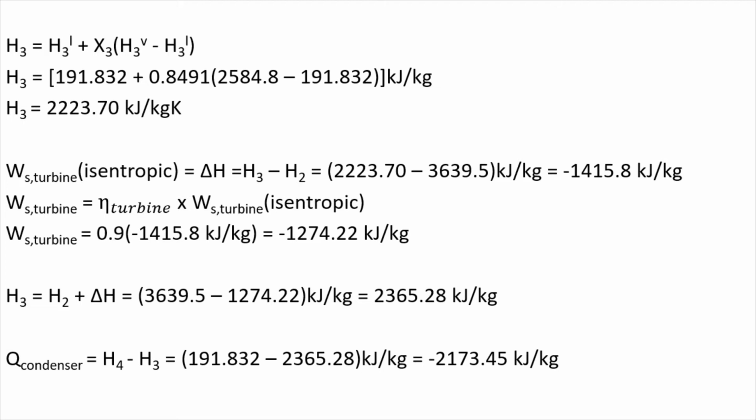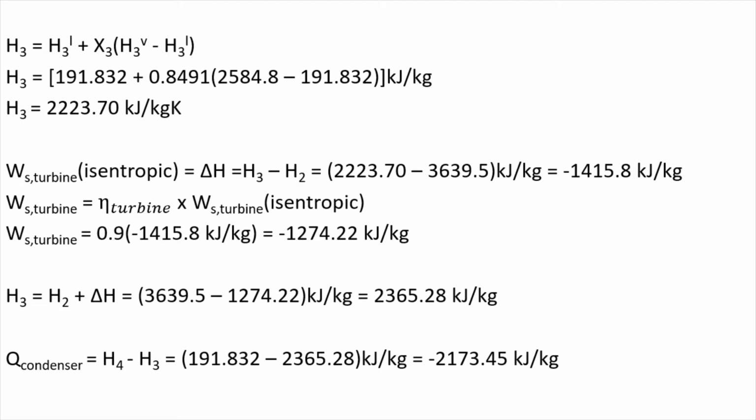Then, the efficiency of turbine is 0.9, and to get the turbine work, we will multiply the efficiency by the isentropic work of turbine. To solve, turbine work is negative 1274.22 kilojoules per kilogram. And the new value of H3 at 0.9 efficiency is 2365.28 kilojoules per kilogram. And Q condenser can be calculated by H4 minus H3. Plugging in our values, the Q condenser is negative